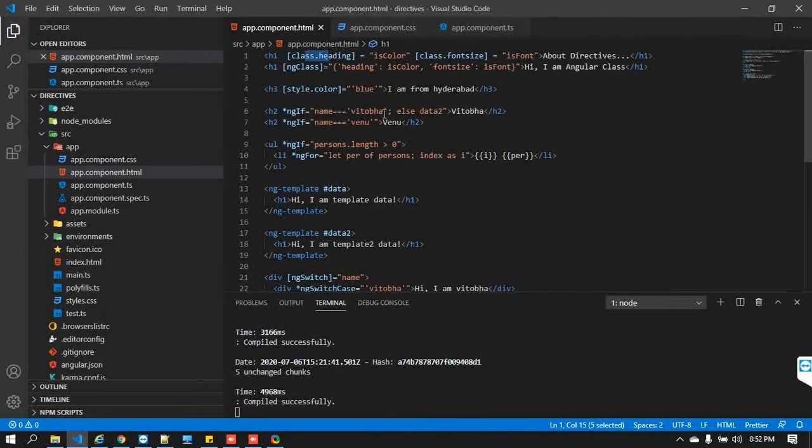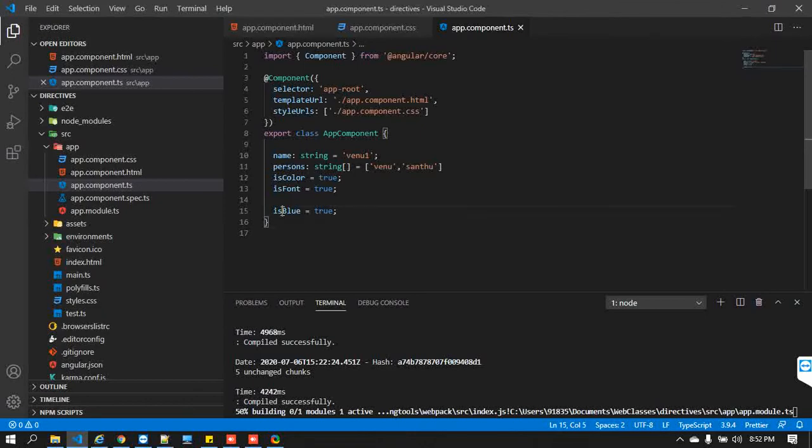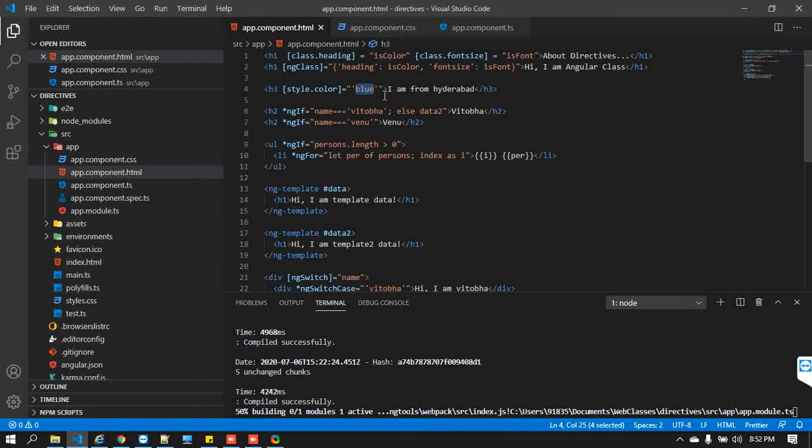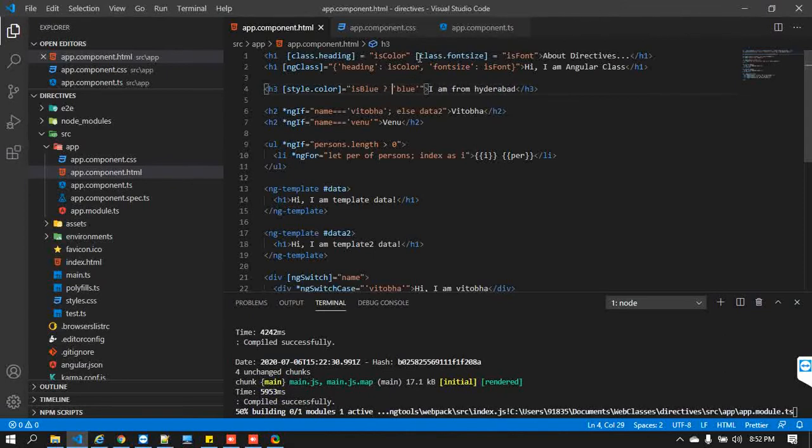Now this respective value I would like to assign based on a certain condition. So what should I do at this moment? Come here. Let's say isBlue is true. This is the thing I have used. I'm taking this and going back. Now just put it here. You need to choose the ternary operator. So what is the meaning of the ternary operator?